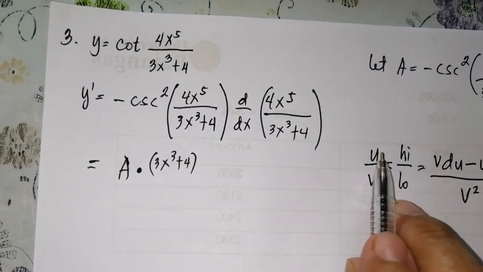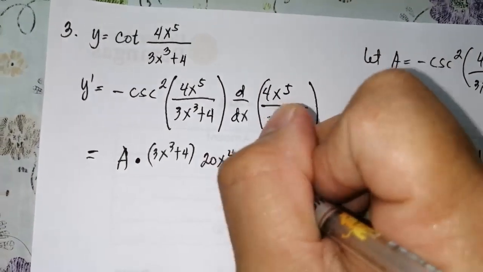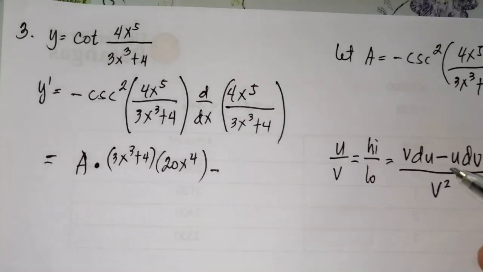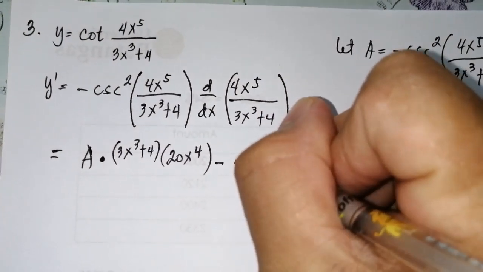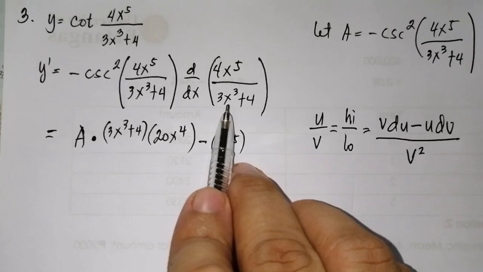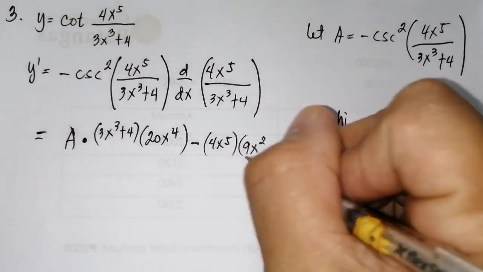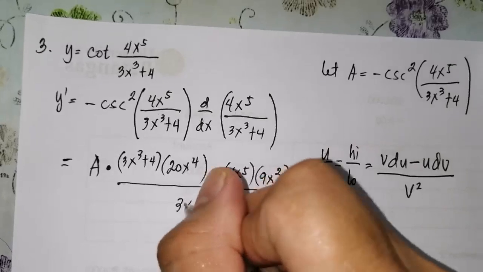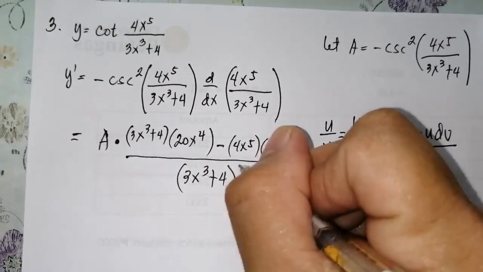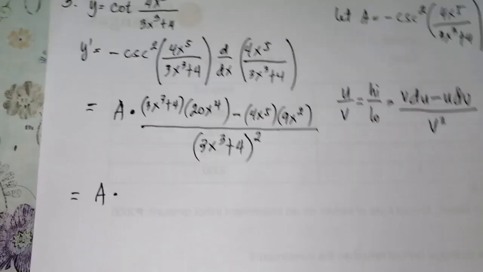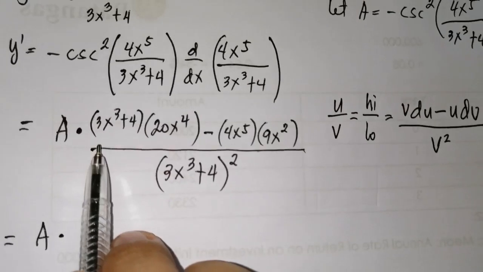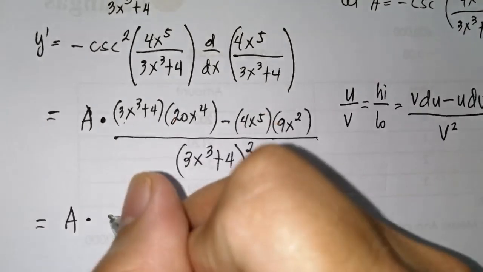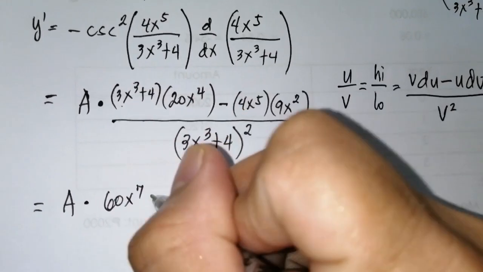times the derivative of u, the numerator. So that's 20x raised to 4, minus the denominator, the numerator, the u. That's 4x raised to 5 times the derivative of the denominator, that's 9x squared, and all over v squared, the denominator, 3x cubed plus 4 quantity squared. Now let's simplify. So this will become 60x raised to 7 plus 80